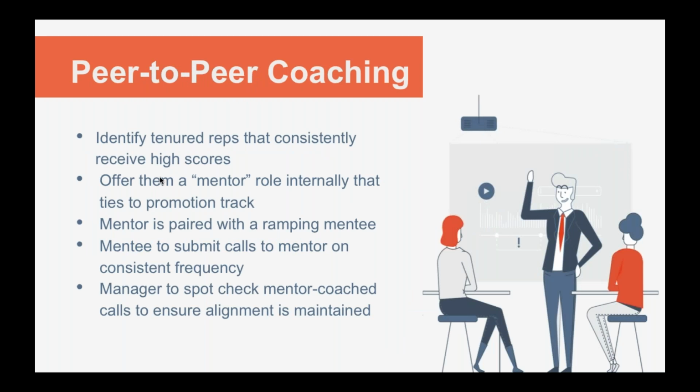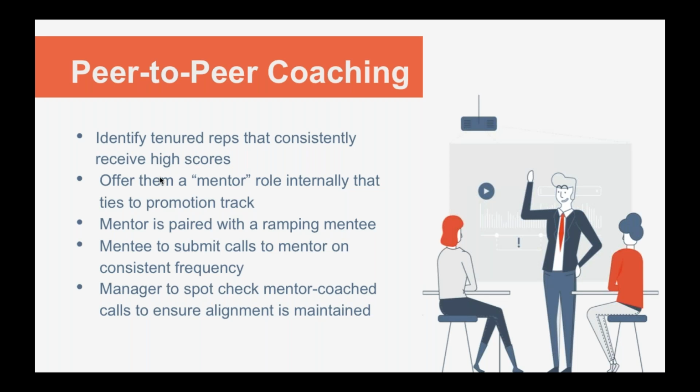So when it comes to peer-to-peer coaching, Chris, how has SmartRecruiters really adopted this internally? Yeah, so this is a use case that's really near and dear to my heart. Peer-to-peer coaching is probably the most important thing that we do. So we've adopted it because we have a coaching culture. Even before we started using ExecVision, everybody on our team has been hired because they're receptive to feedback and coachable.